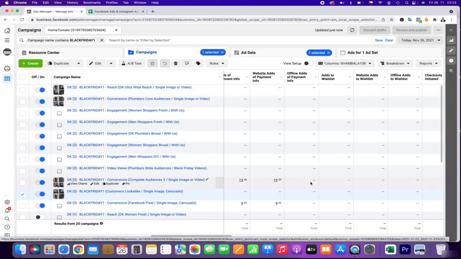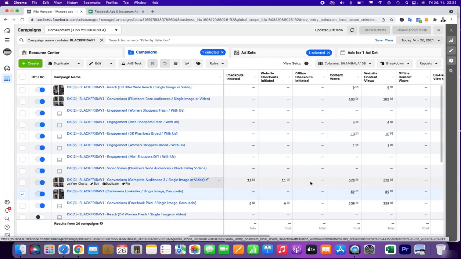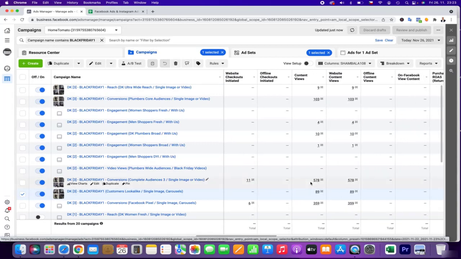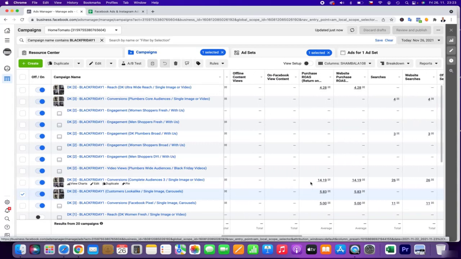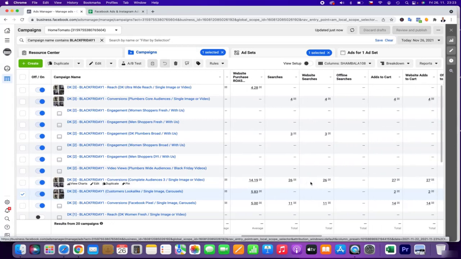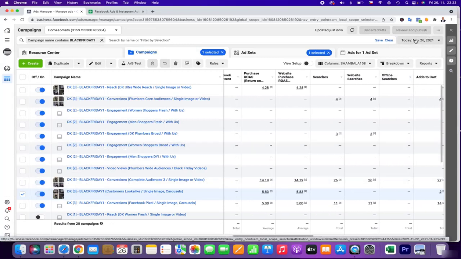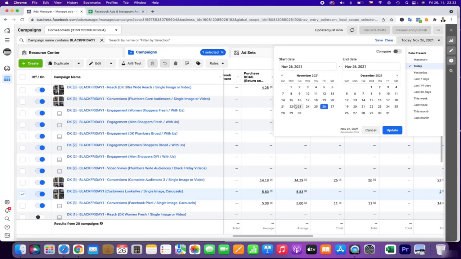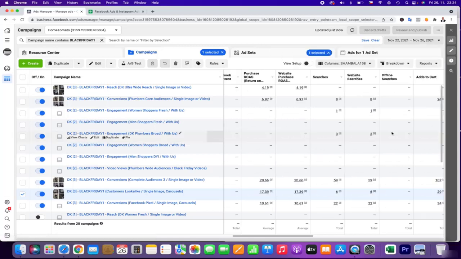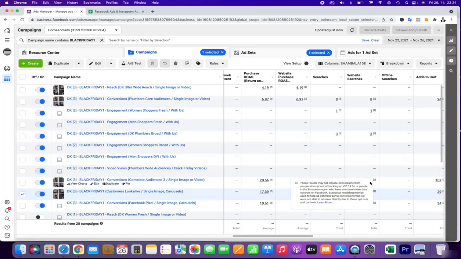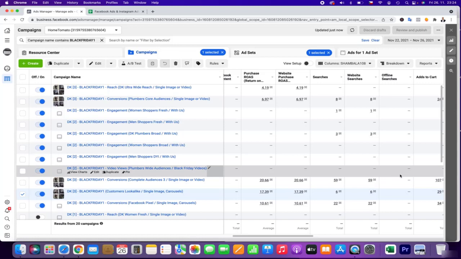And of course a lot of data will come back, but I can see a lot of content views and a lot of add to cart actions. When you always check in some backwards period, you can see that the data are many times improving.